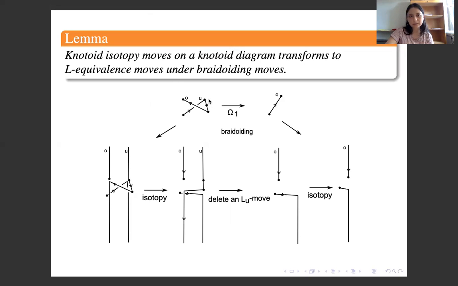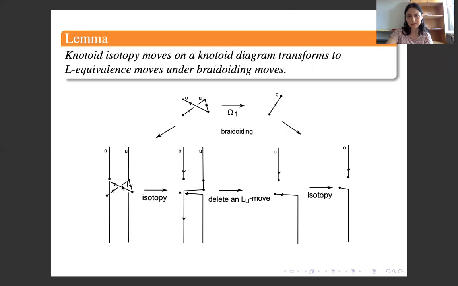So here is a Reidemeister one move taking place, and I delete the kink here. I'm left with this up arc labeled by O. So I just obtain an up arc in between these two subdividing points. And if I apply a braidoiding move over this portion of the diagram of the knotoid, I obtain this diagram here. I can say this is a tangoid diagram. And then I obtain the isotopy